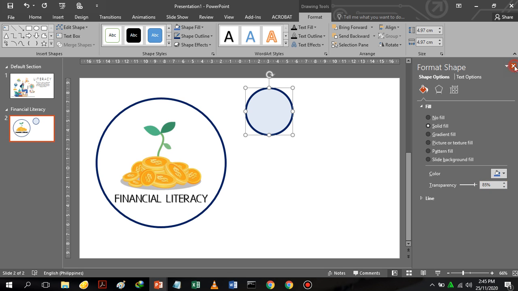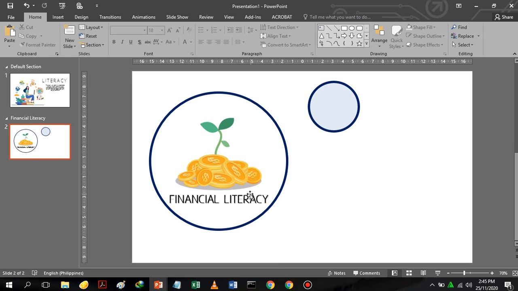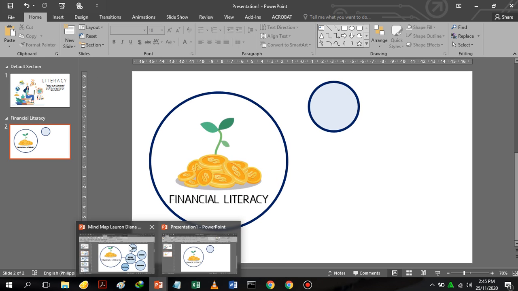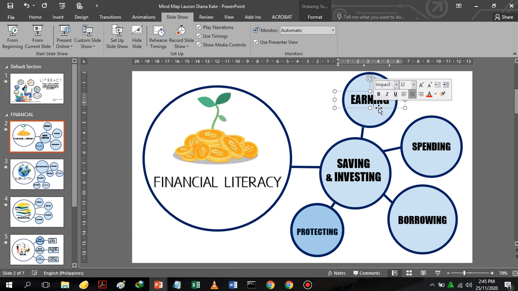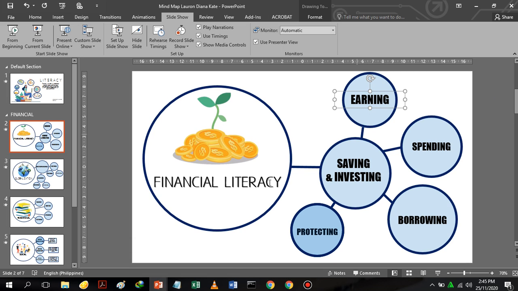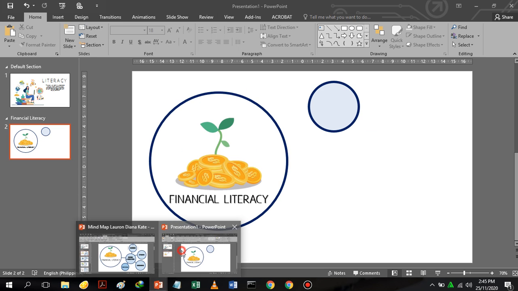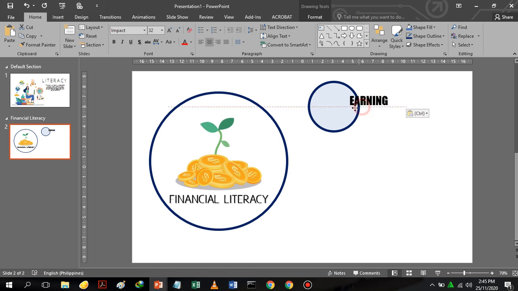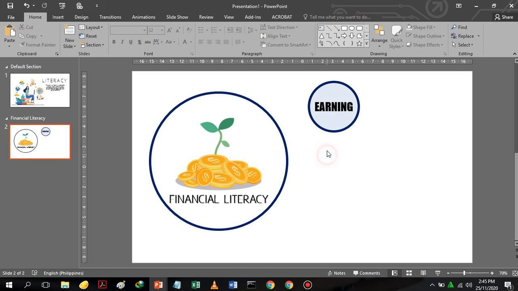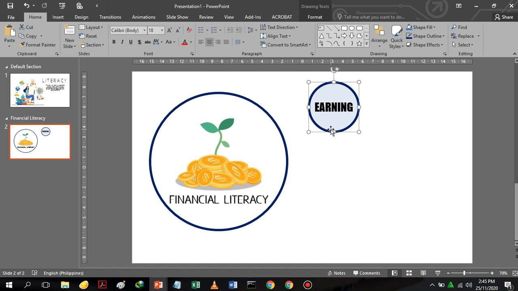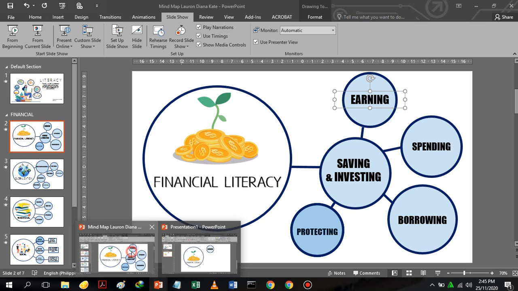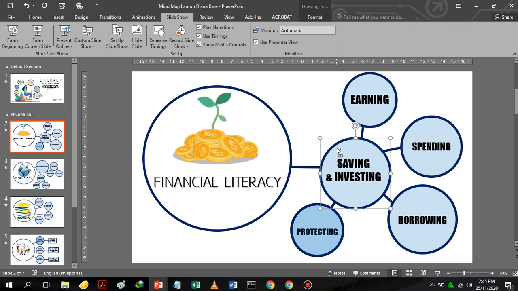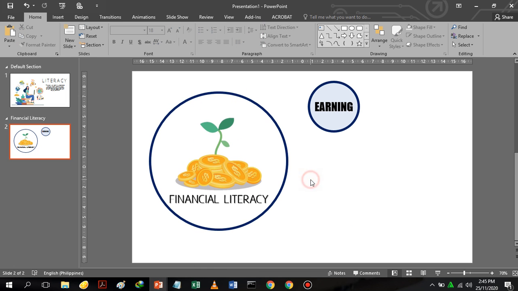Then click X. Now we are just going to copy these words onto the circle. And then replicate what is here. Then just paste it.